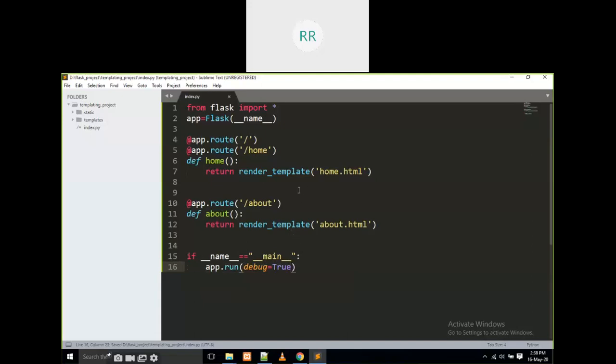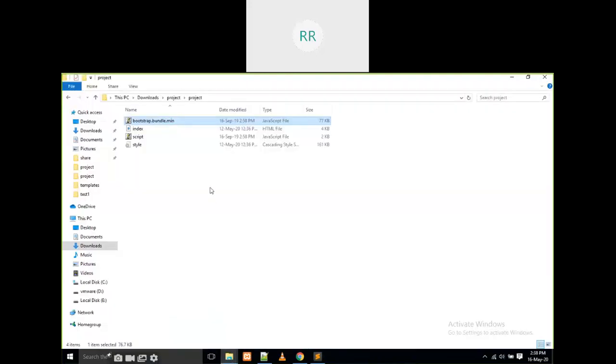Everything is done here. Now in the templates folder we have to create home.html and about.html. First, I am going to copy this index.html into the templates folder and rename it as layout.html. Okay, layout.html.